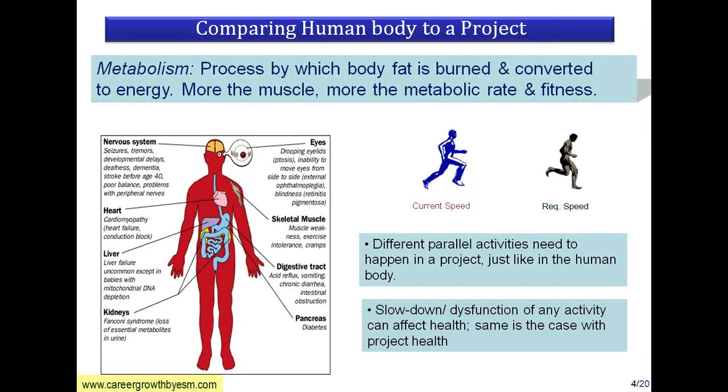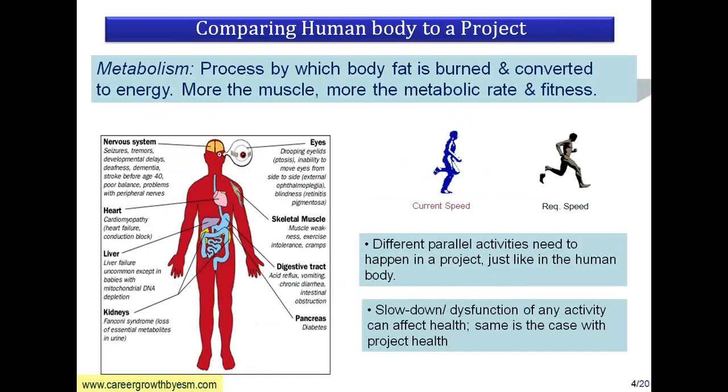Here I am trying to compare the human body to a project. There are two people running. One is the current speed at which the project is getting executed, and the other is the required speed of the project. What is metabolism? The process by which body fat is burned and converted to energy. If you have a lot of fat in your body, you cannot run fast, so your project execution speed will be reduced,